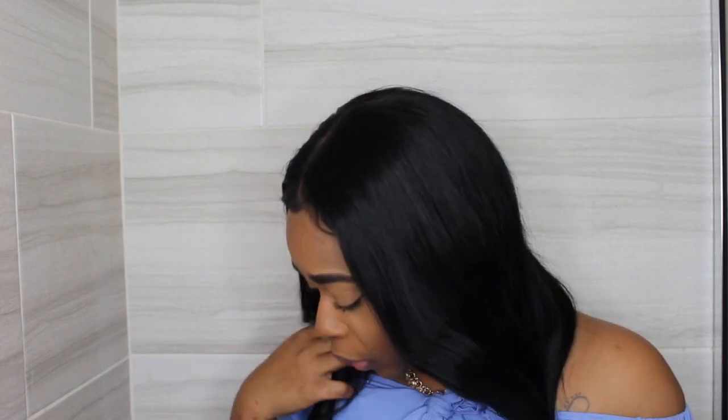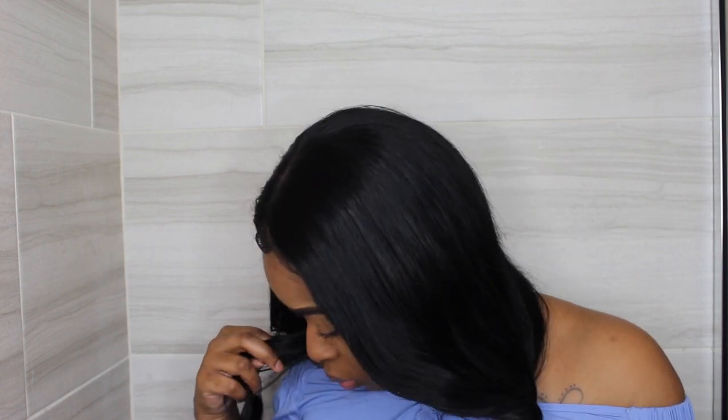And I think I'm gonna do a lot more wigs with just the closure, just to see how I like it, but also to give myself a little break from the frontals. I'm gonna start to do this whole glueless closure wig. So yeah,